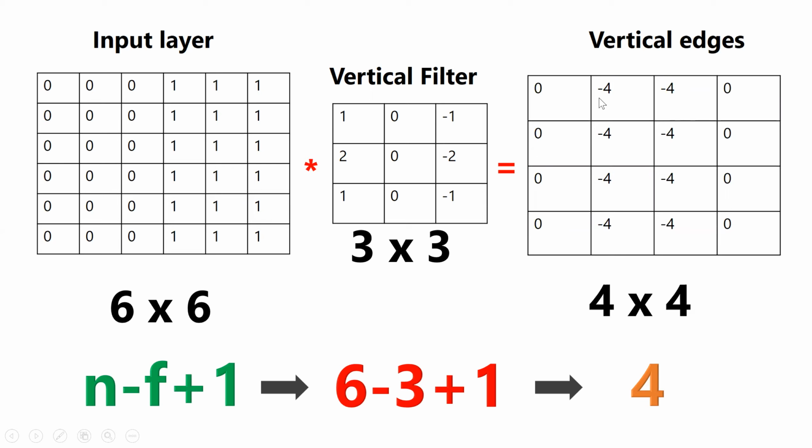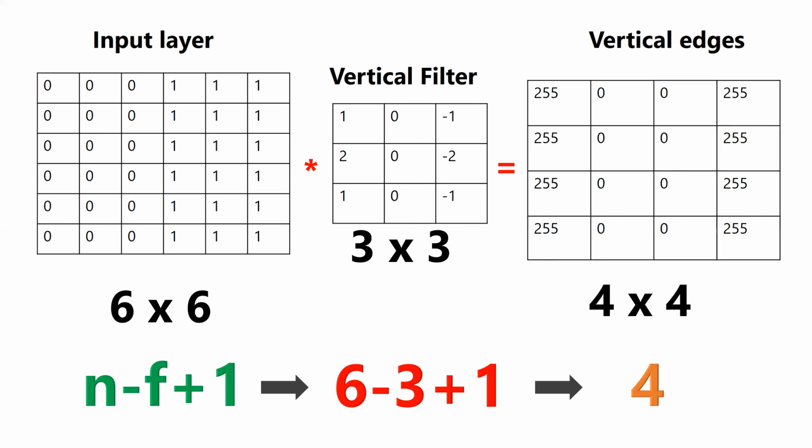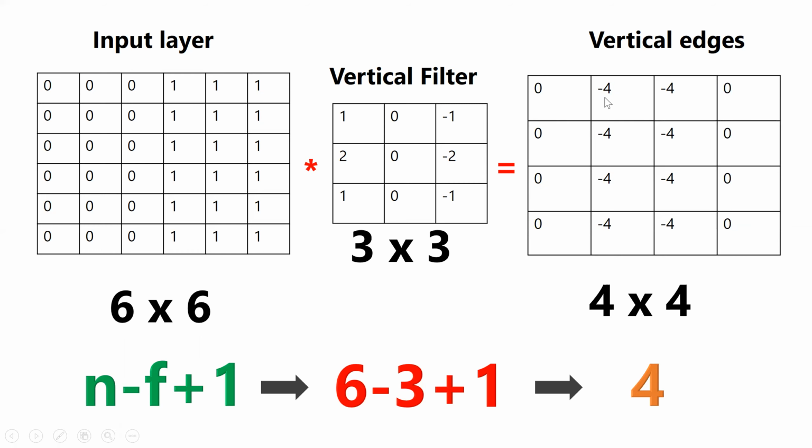Min max scaler is nothing but, the minimum value gets mapped to the lowest value of the range, and the largest gets the maximum value. So for -4, the mapped value is 0. What is the value for 0? It's obviously not negative, the value will be 255. That's what we are doing over here. So for -4, the value is 0. For 0, the value is 255, because our color ranges from 0 to 255.